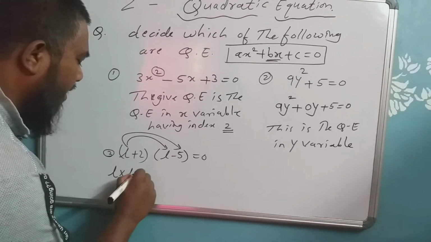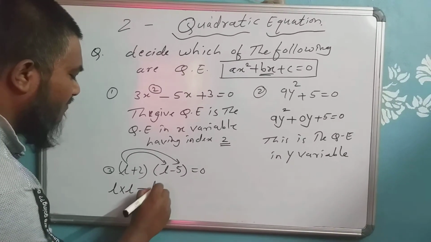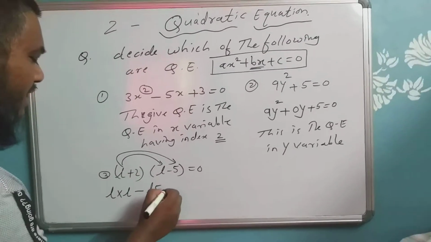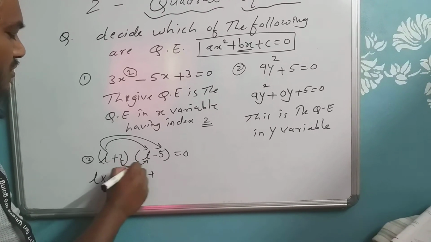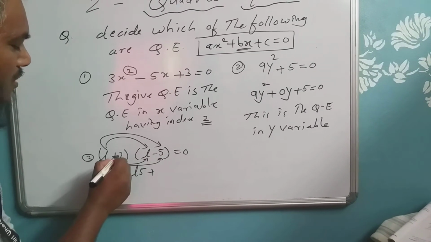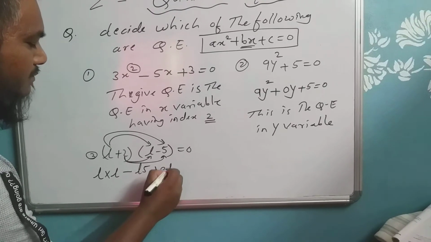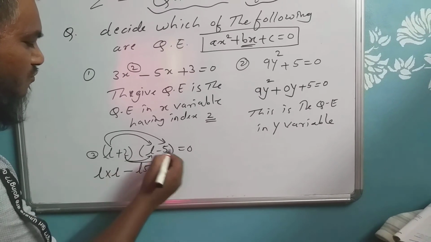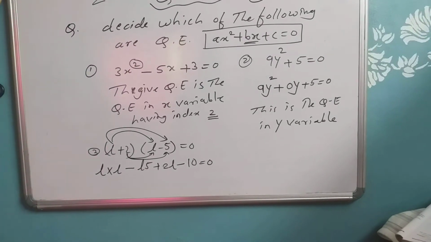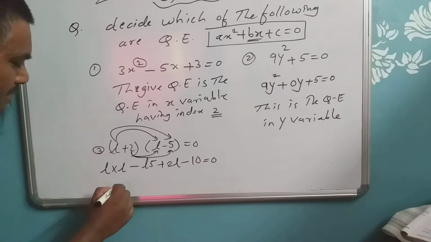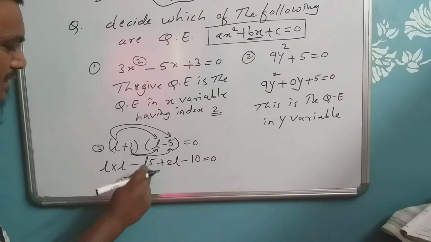Now minus L into 5, minus 5L. Now the plus sign: these 2 will multiply with L and these 2 will multiply with 5 also. 2 into L, 2L. This minus sign, 2 fives are 10, is equal to 0. Like this we have done the multiplication. L into L becomes L square minus